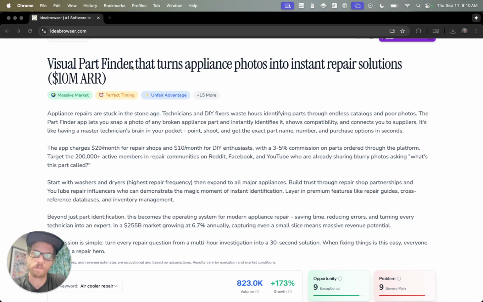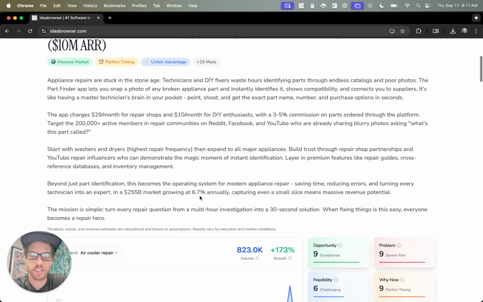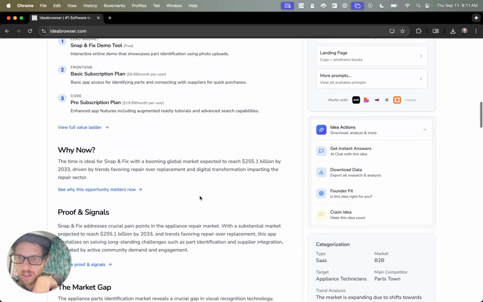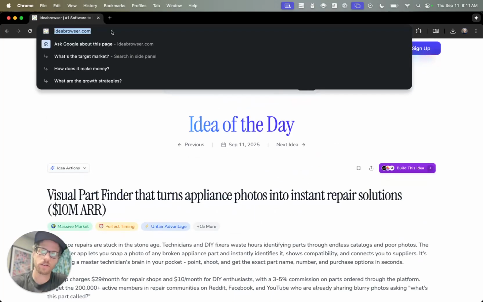So this is saying that it's maybe like a Google Lens alternative, but specific for appliance. So this would be targeted to only technicians and DIY fixers. Let you just snap a photo of any broken part and identify it completely. So let's see what we can do. Is there any other details? Offer, why now? I'll just take this and I'm going to throw it into